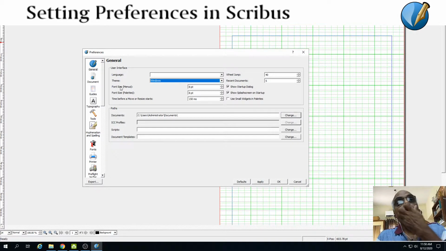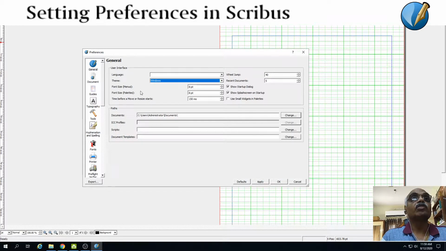And then here next comes the font size. This font size is actually the size of the font you see inside the menu. So when you click a menu button, you see this is actually the menu, and this is the font size. Usually the default is 8 points. Supposing you want a larger font to make your viewing comfortable, you can increase the size of the font accordingly for the menu fonts.